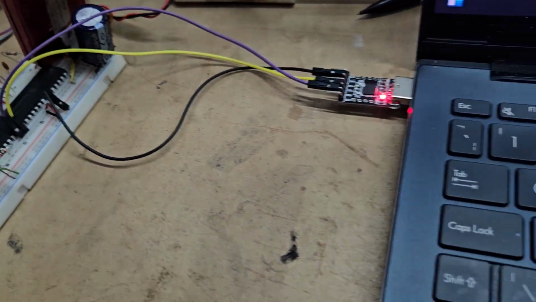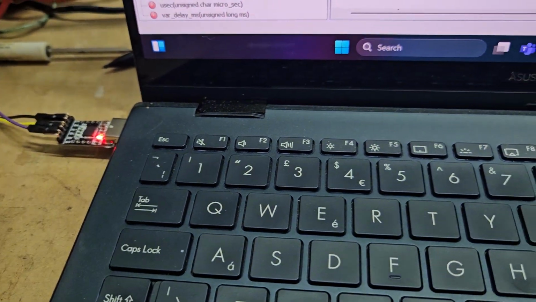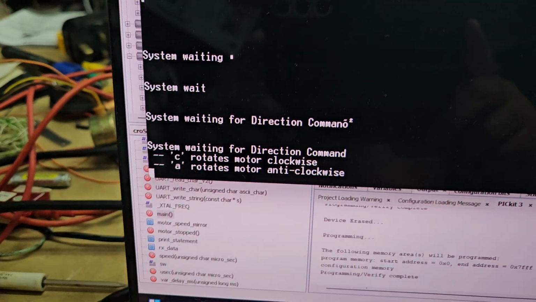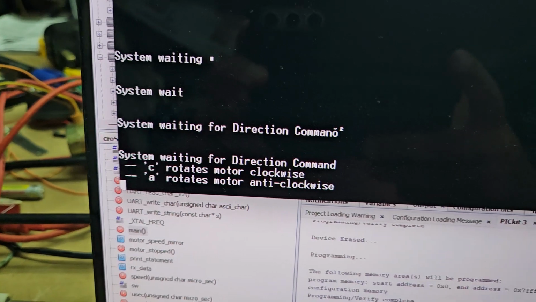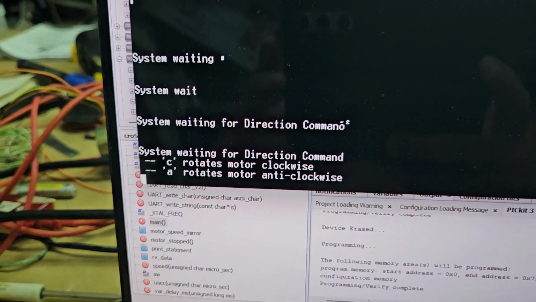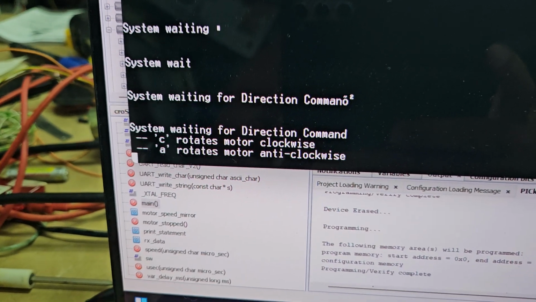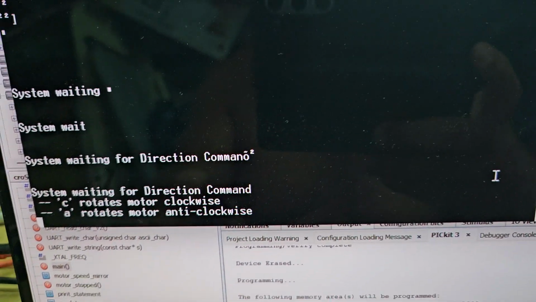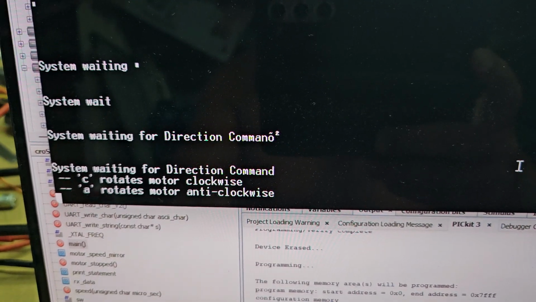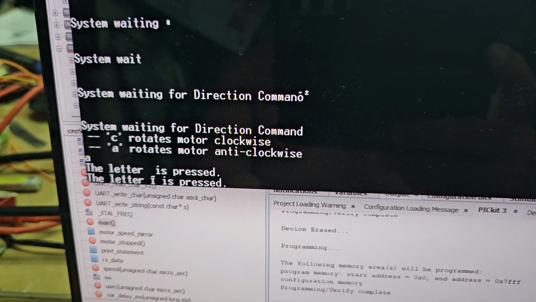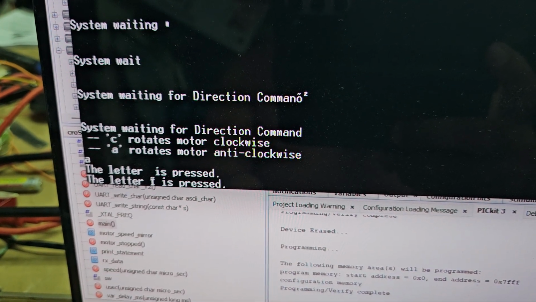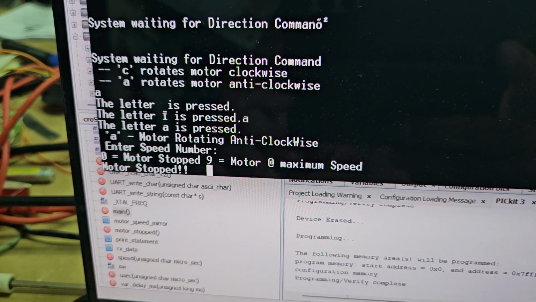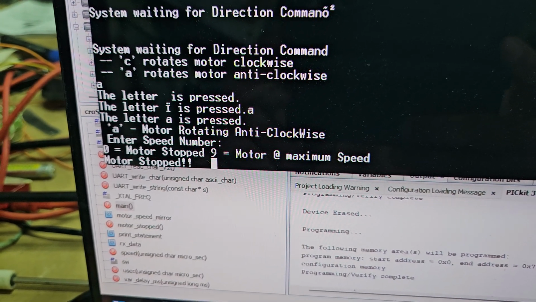microcontroller so that I could send commands from my laptop to the microcontroller via Teraterm. At the moment, the microcontroller is waiting for two letters, either C or A, that determine the direction of the motor. So I'm going to press A. This is happening every time, the first time actually. So I am going to press it again, and as we can see, the system is telling me that the